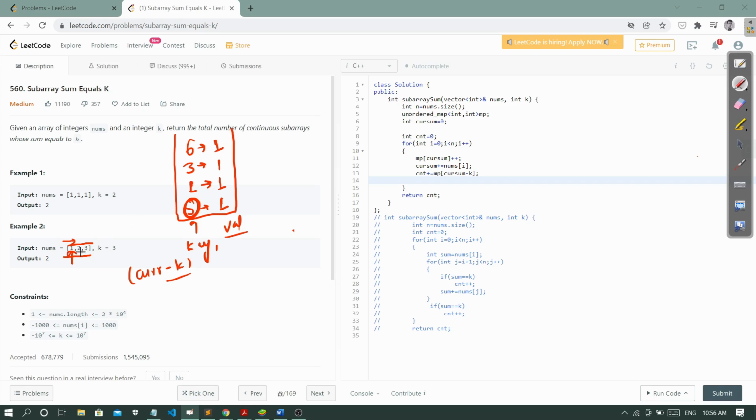Suppose I am at this position, so our current sum is equal to 3, and here k is equal to 3, so we have to check whether 3 minus 3 exists in the map or not. If it exists, then increase the count by how many times it occurred. So yeah, this exists, so it means that we get one subarray